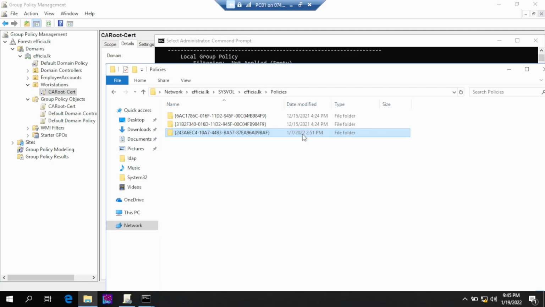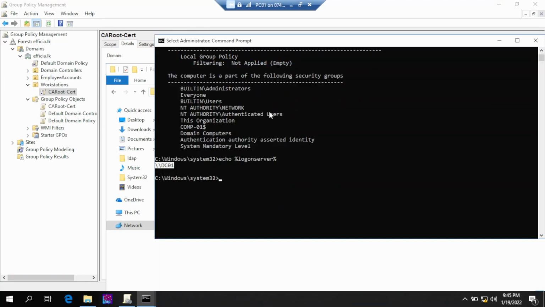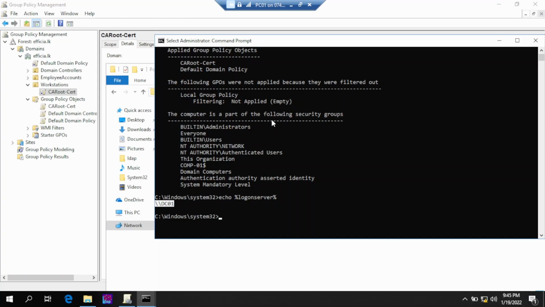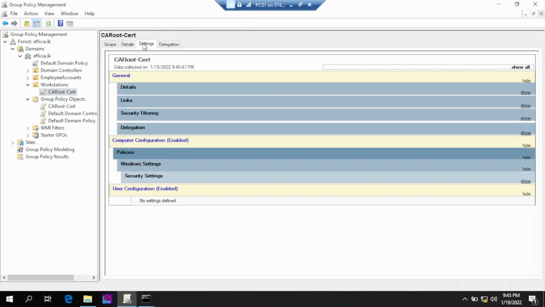The main thing is that file replication is not working. So if the modified date is mismatched with the actual date, you will get an error. Definitely you will get the old settings of this particular GPO. If this GPO was created a long time ago, those old details will come into the client PC, right?